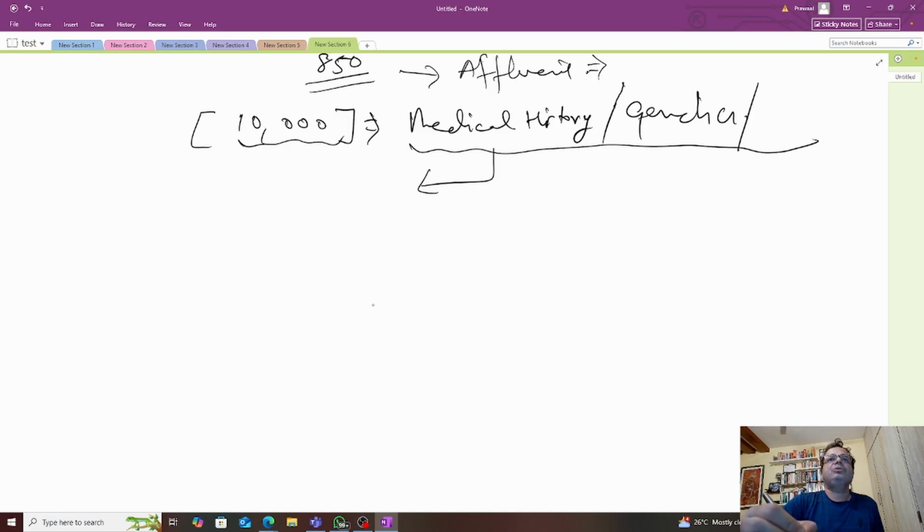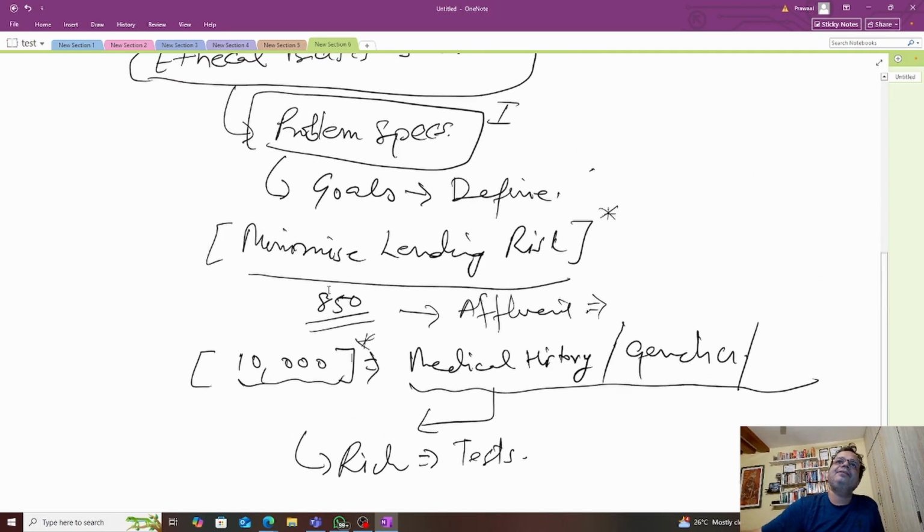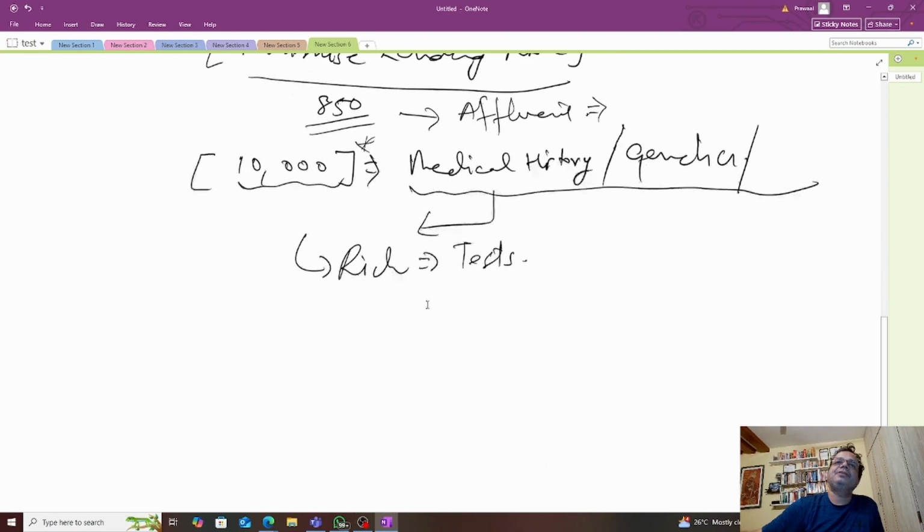So now this can also create some kind of bias, because it is going to be only the rich people who will have all these tests. So all the poor people who accidentally came to know that some individual has cancer, or is suffering from a life-threatening disease, they may not have this medical history, and that in itself can create bias with respect to the goal that the hospital had intended to use. So that's the first category, which we were saying is in the problem specification itself.